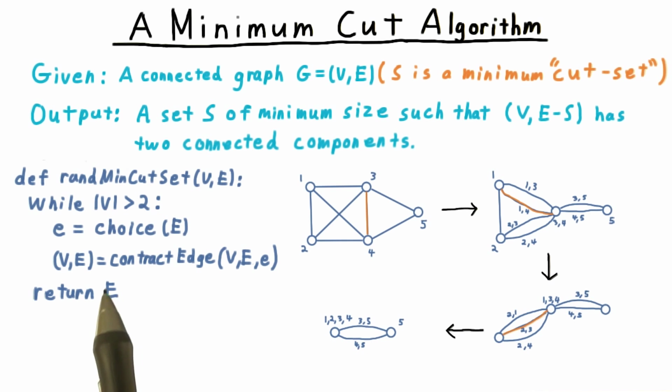Well, it turns out that just picking a random edge is a good idea. More often than not, this won't yield a correct answer, but as we'll see, even so, it will yield a correct answer often enough to be useful.